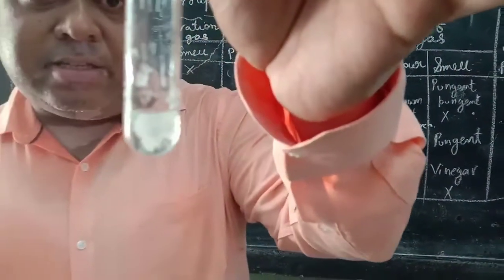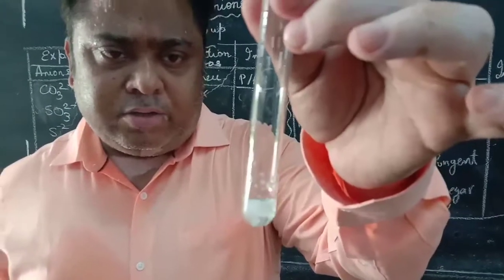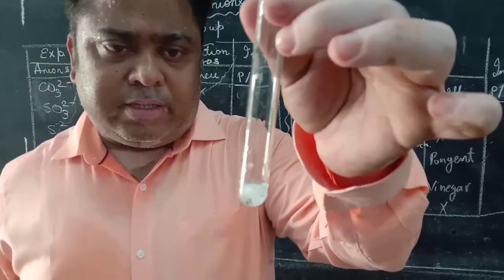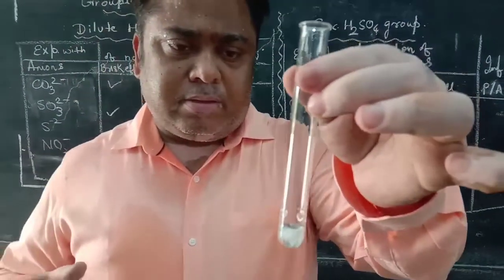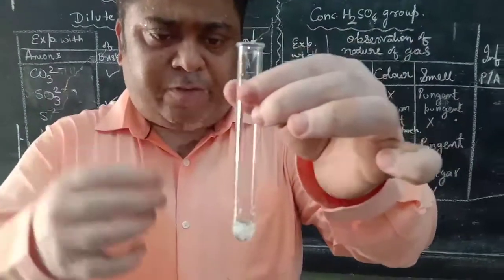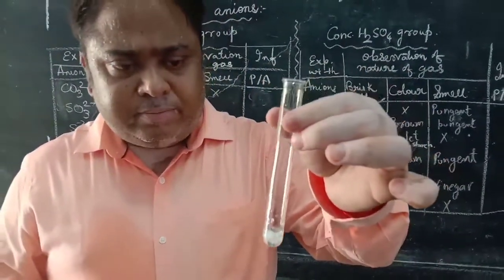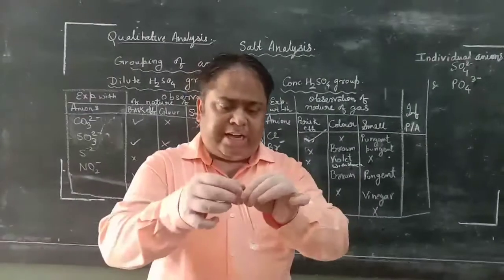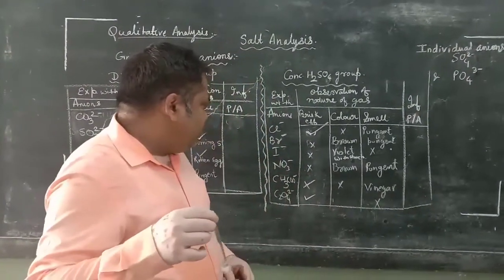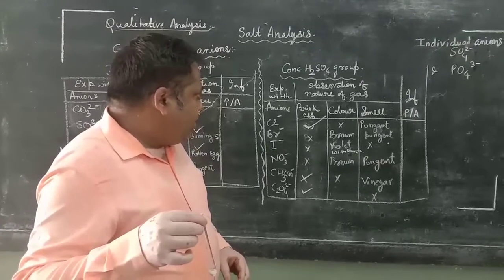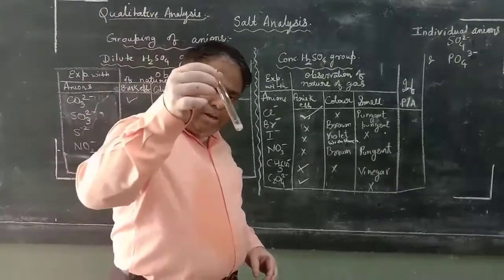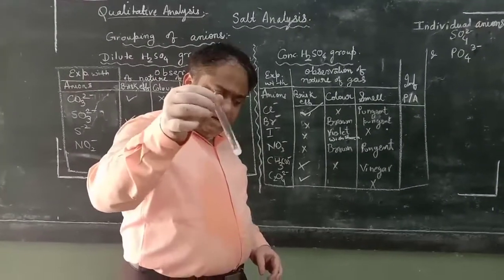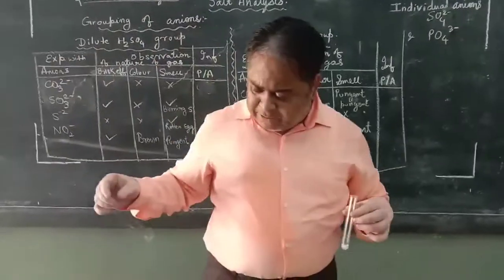The conversion of oxalate to carbon dioxide gas is a slow process. So due to that slow process, it is giving a slow brisk effervescence. Along with that, no smell is there, because carbon dioxide gas has no smell. Brisk effervescence is there, but only a few bubbles. Let me warm it a little bit and see what happens.